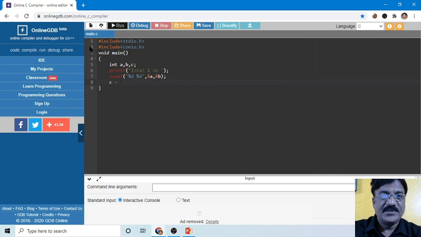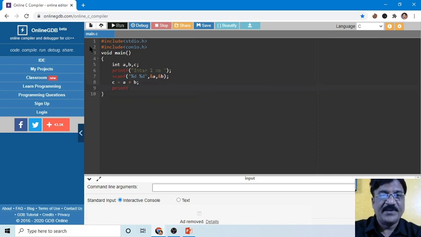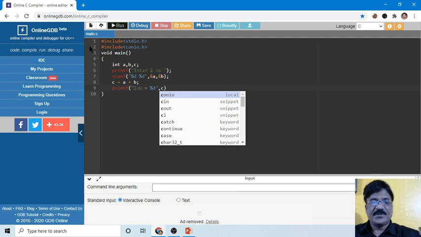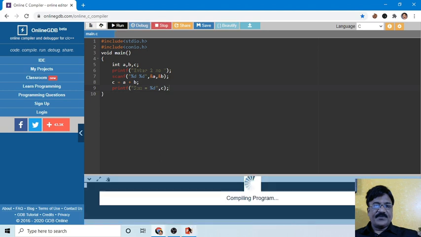Then c is equal to a plus b, and finally printf, sum is equal to %d comma c. Okay. Now simply run. You don't need to compile or anything, semicolon, and run here.